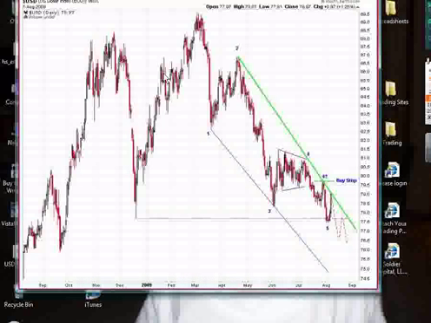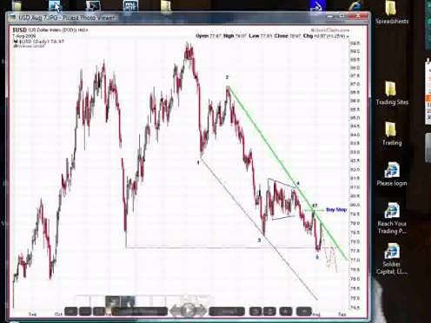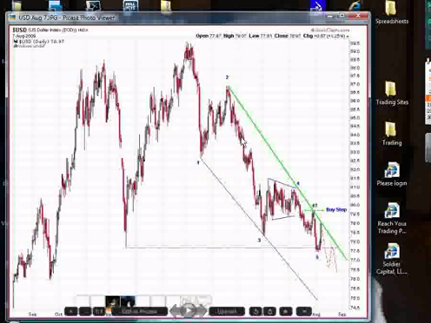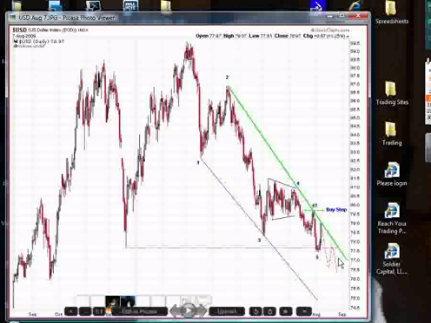Now, this is a chart of the US dollar index, and what this is showing here is a potential A, B, C flat pattern, and I've talked about this potential in the last video update. And this green trend line here is showing the wave 2 to wave 4 trend line. If that gets broken, there's a pretty good chance that this decline in the dollar is complete.